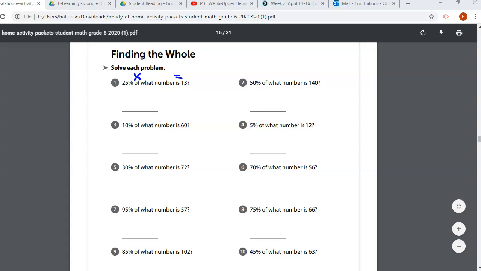So 25% or 0.25 times what equals 13. Okay, so another way we could write this, because multiplication and division are connected, we can do 13 divided by